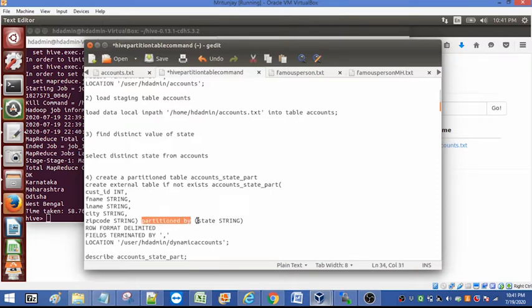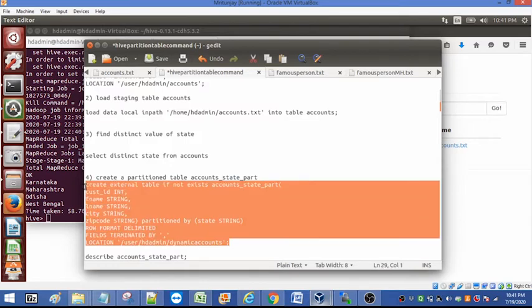Then we have to give the column name state and the data type. So it will be partitioned by state, and state will also be a column at the end after zip code, row format delimited, fields terminated by comma, and location is user SDAdmin dynamic accounts.